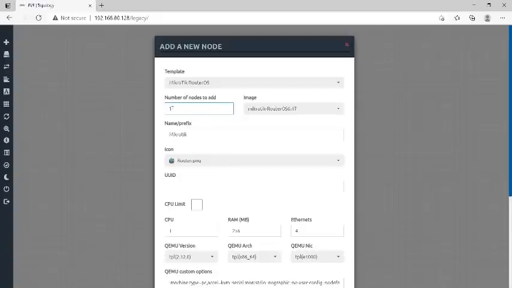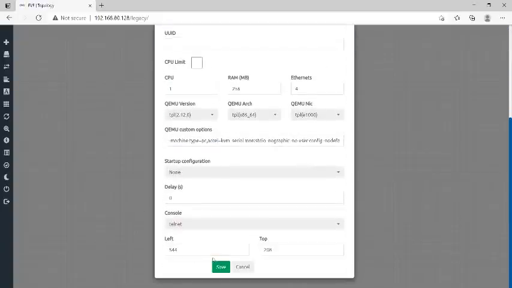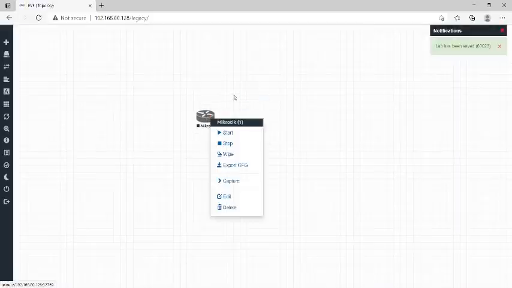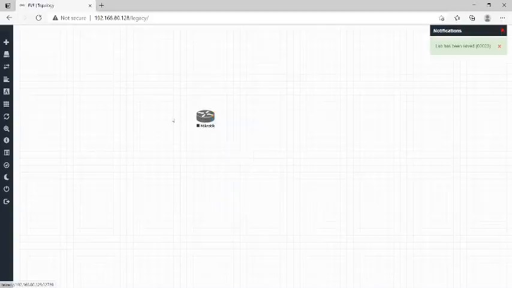So the one is default here, and it will show you the OS version. I have installed this version only, and you can upgrade it after getting access. Here you can change the RAM or Ethernet ports or CPU, whatever you want to modify according to your configuration. So I'm just going to click on save, and here you can see the MikroTik is here now, and we can start our configuration here.